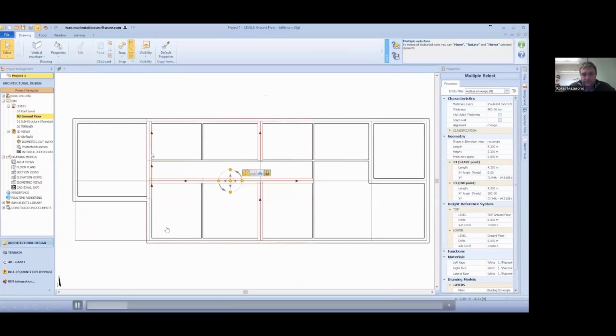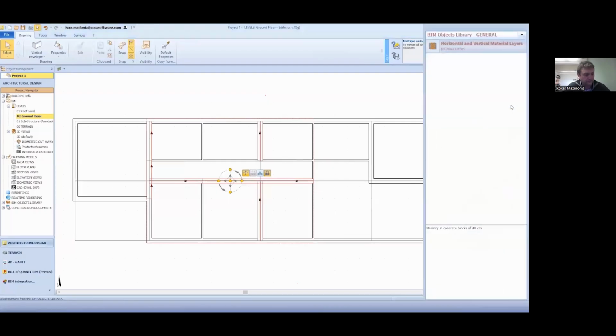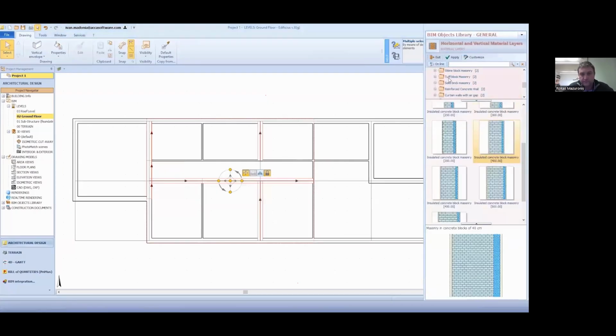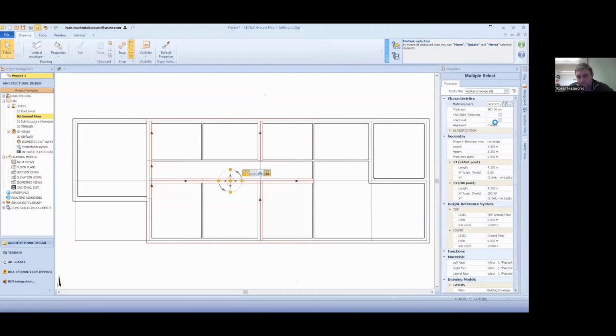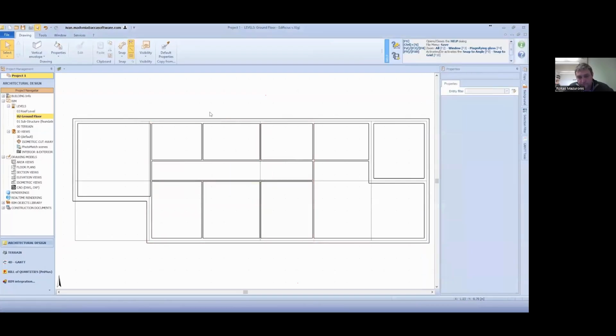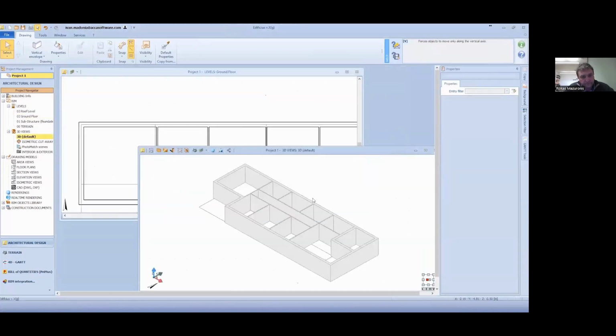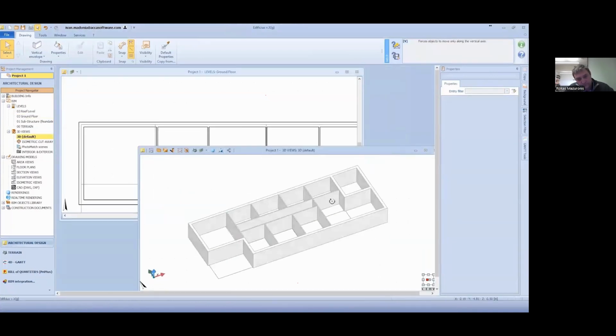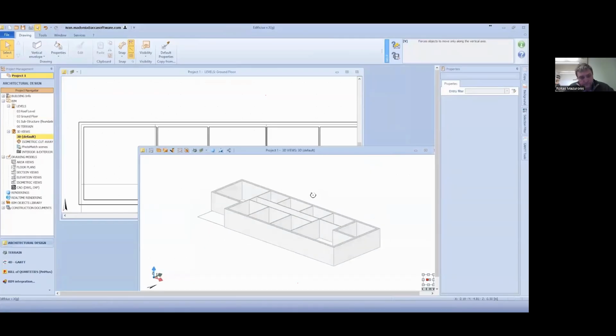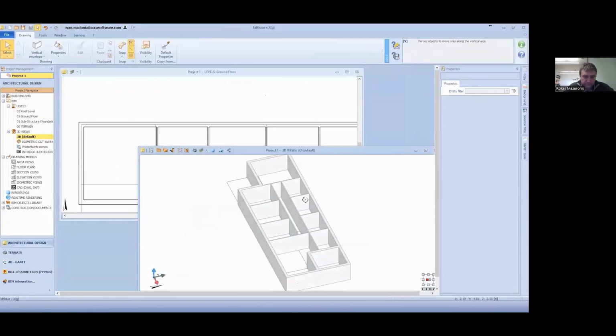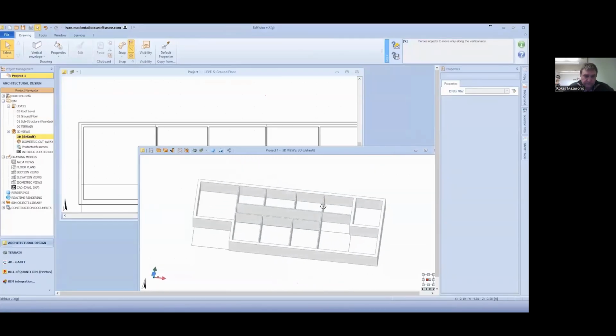Okay. Here we can, for instance, change the properties of these walls here, changing to a different thickness and different material composition. In this case, they're going to be clay brick walls. Now, what we have achieved so far is the 2D view. We're drawing in 2D view, but of course we've also obtained the 3D view of our walls.